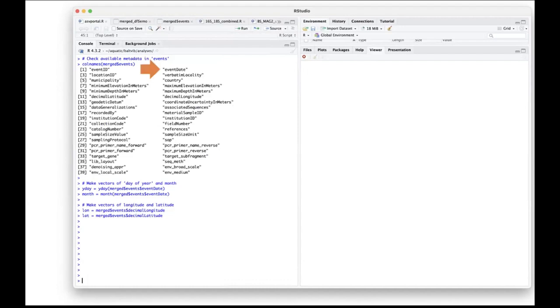We can also extract some more data from here, the event date. And using that, we can build a year day vector and a month vector. And we can also find latitude and longitude information. Well, in the papers, they talked about the salinity gradient, and salinity doesn't seem to be in this object. But then we instead look at